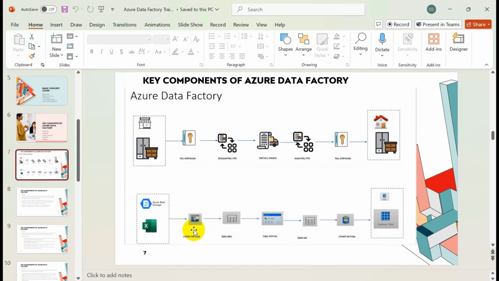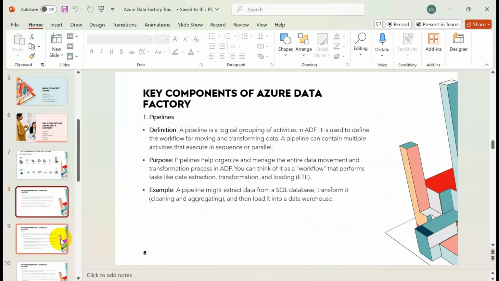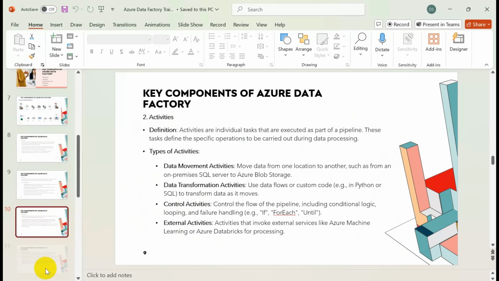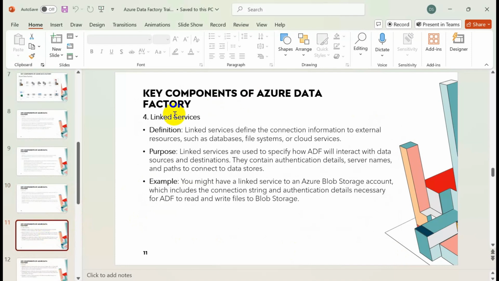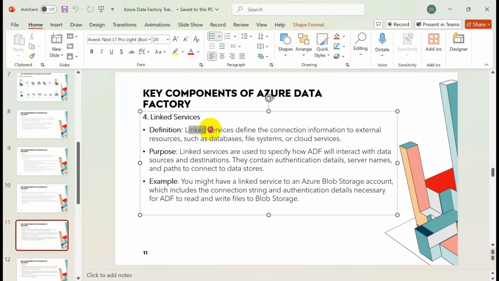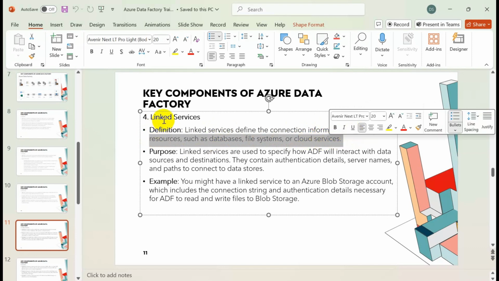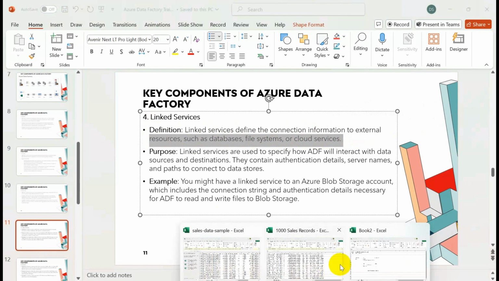What is a link service? A link service is nothing but a connection string. So you can see this definition. Link services define the connection information to an external resource such as database, file system, or cloud service. It means if you have to connect, so simply means,